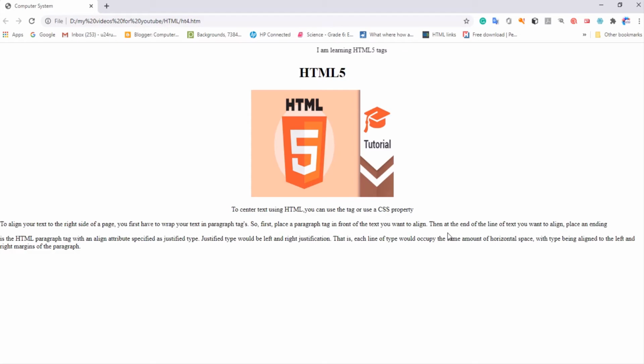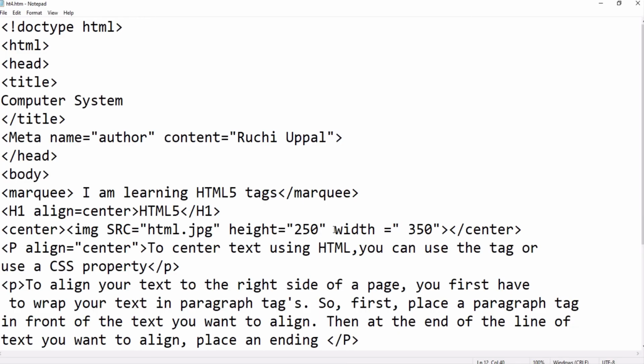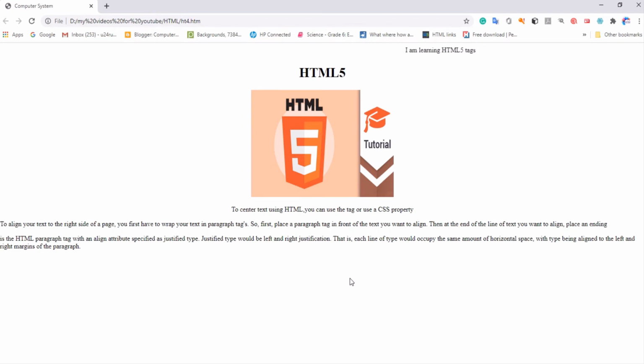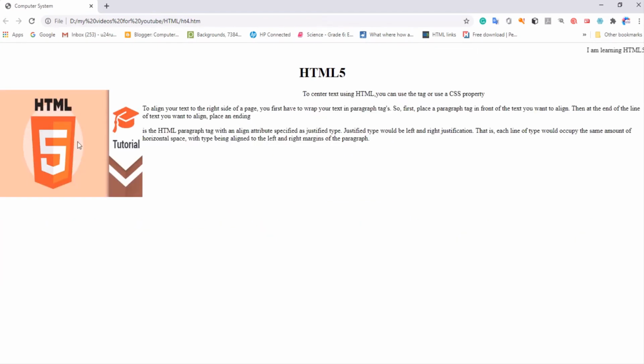I am writing align here. Align is equal to left. Let me save this file, and we will check with the F5 key. So you can see what is happening here. The text wrapped around the image appears in the browser.